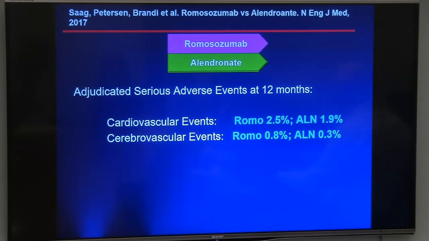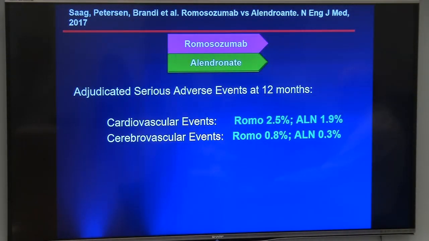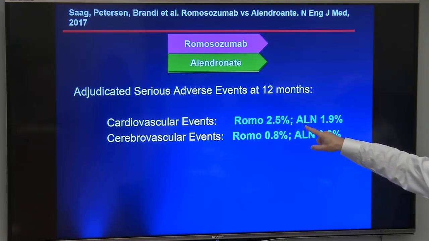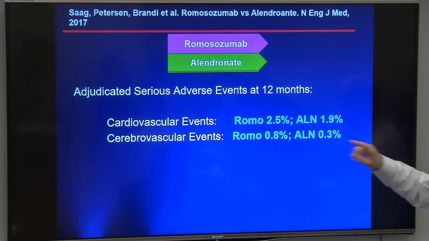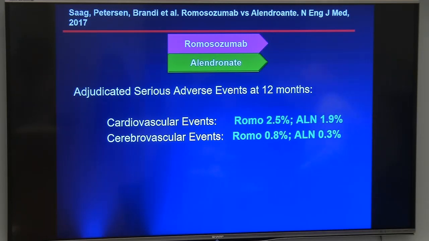Now, adjudicated serious adverse events at 12 months. Cardiovascular events, an imbalance, 2.5% versus 1.9%, and cerebrovascular events, 0.8% versus 0.3%. What do you think? I think in the paper they said two possible things, like maybe alendronate was a favorable medication for that route,